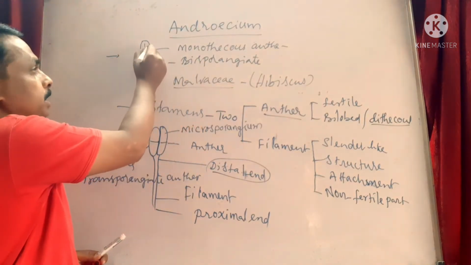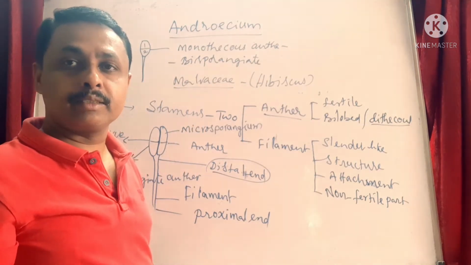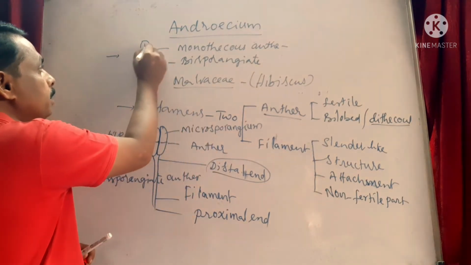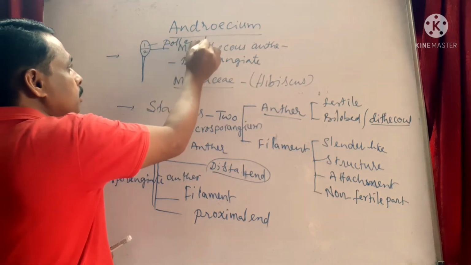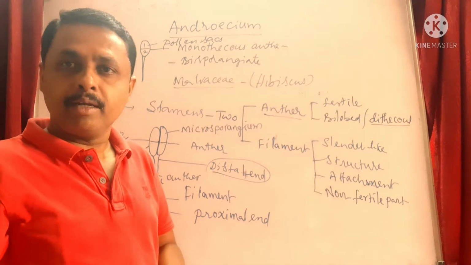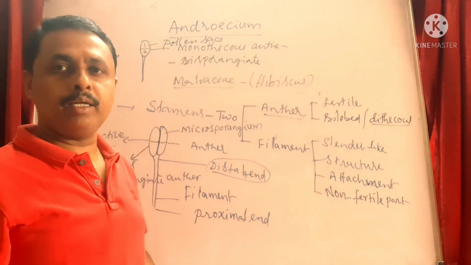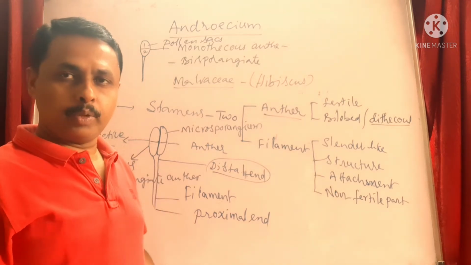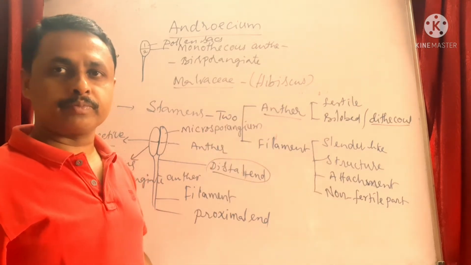Each sporangium is considered a pollen sac, where pollen grains are developed. Each sac is considered a pollen chamber or pollen sac, where pollen grains are produced. Microsporangia are otherwise called pollen chambers because pollen grains are produced in them.